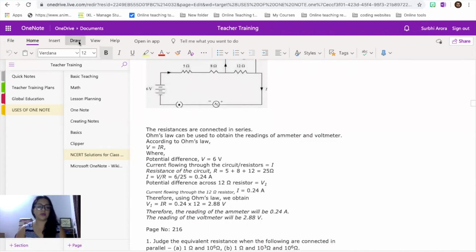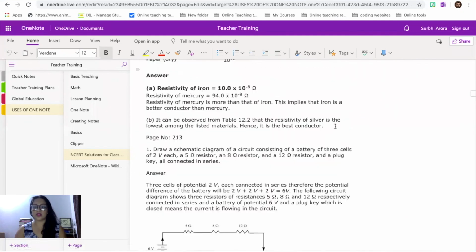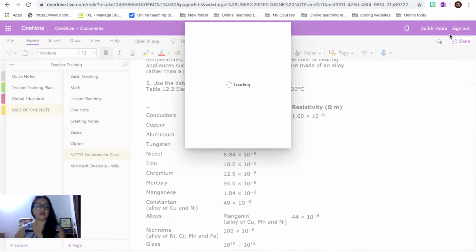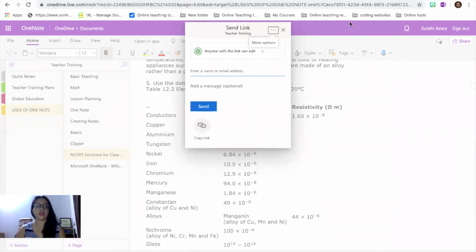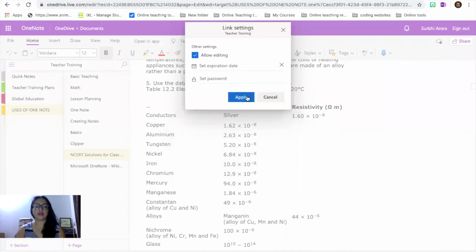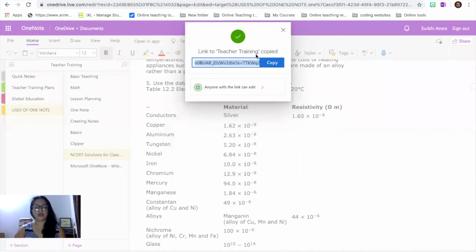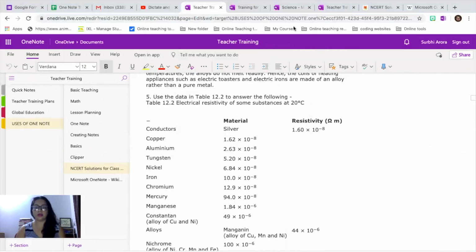That's one good option which we are getting with OneNote. So here we have most of the things of OneNote I've discussed with you. I've already told you how to share this document, but I would let you know once again. If you want to share this document, you have this link which is available. You have to click, anyone can edit this, and then apply. You will have this option of copy link. There's a shareable link that you will get and you can share that link with anyone you know. So this is mostly about OneNote, and let me stop sharing my